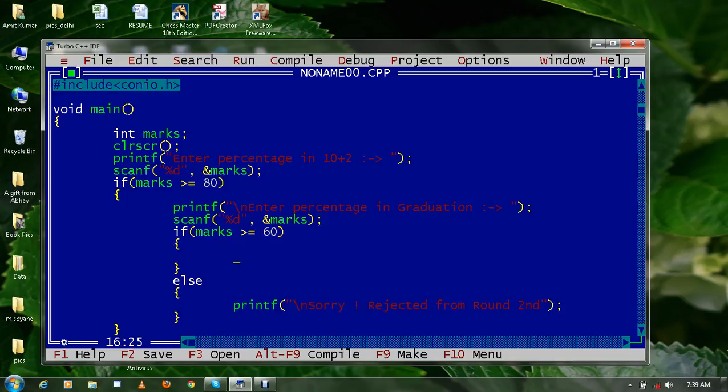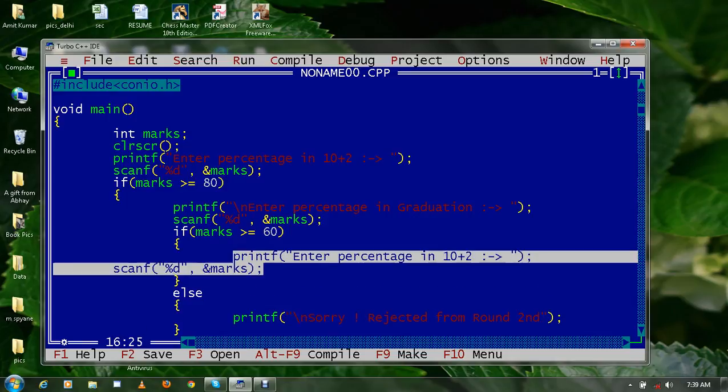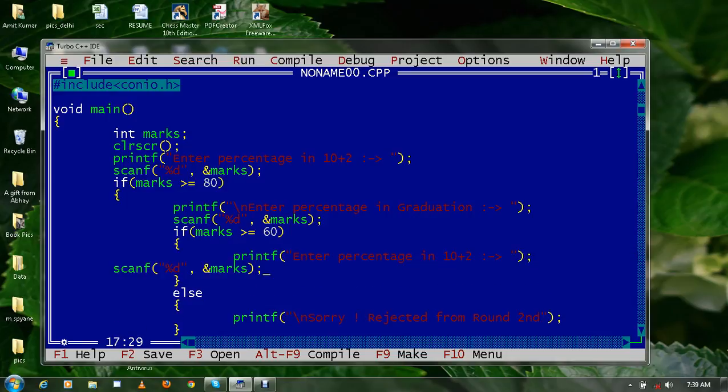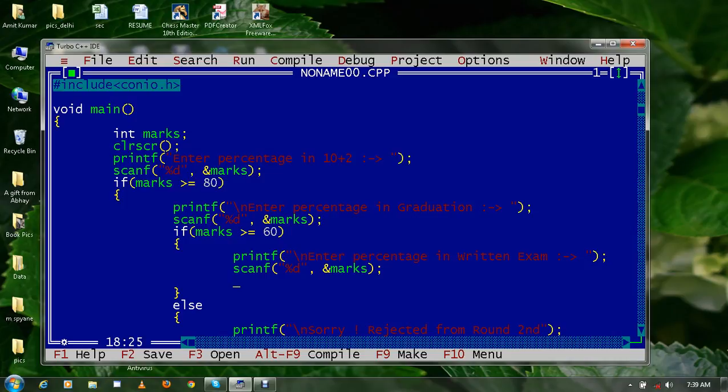But in case he is not rejected, again we have to accept marks, but this time for the written exam. And we will check it again for the last time.